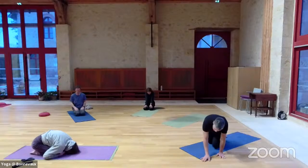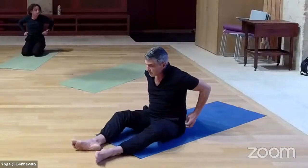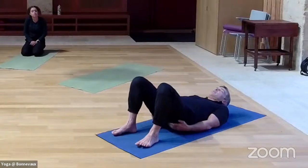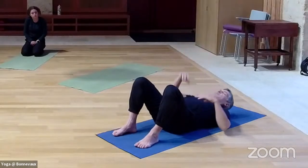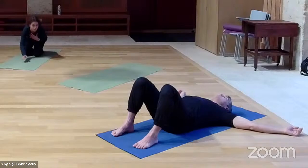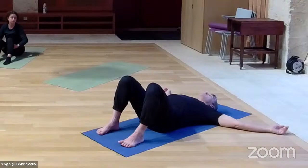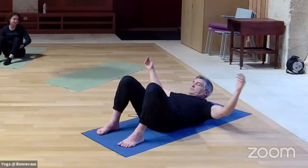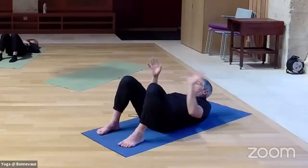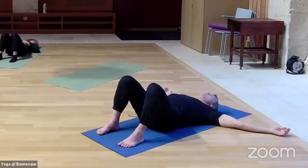So have a look. I'm going to do just a little review because we haven't been here in quite a while. So we were lying on our fronts and we were releasing the spine to drop off. But what I'd like to do now is let your arms kind of be like this, for example. And I'll show you what we're not going to do. So what we're not going to do is this, a sit up like that. You see, my chin is in and you can hear the change in my breath. You know, sit-ups are great, but that's not what we're going to do right now. Watch me. What we are going to do,